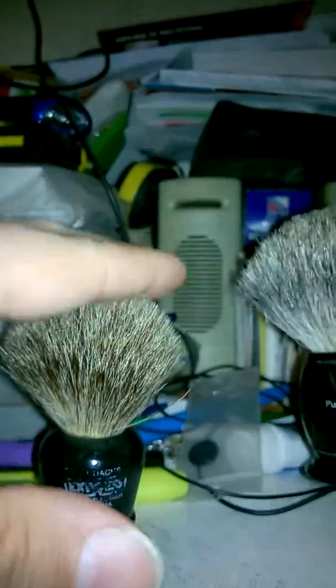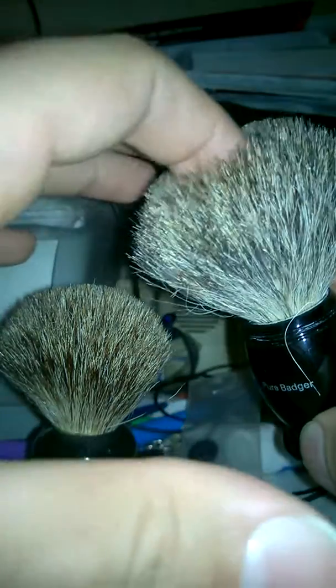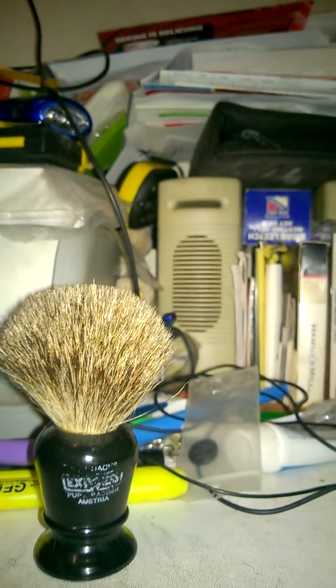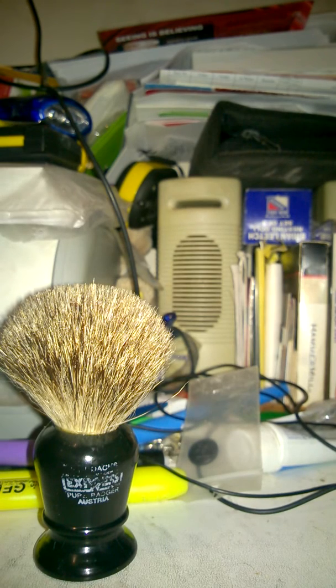And it's not broken in like this one is, so it's a bit more prickly. It's a bit denser as well. Overall, it's a nice brush. It's just, I don't know. It just feels redundant in my collection at the moment. So, anyway,